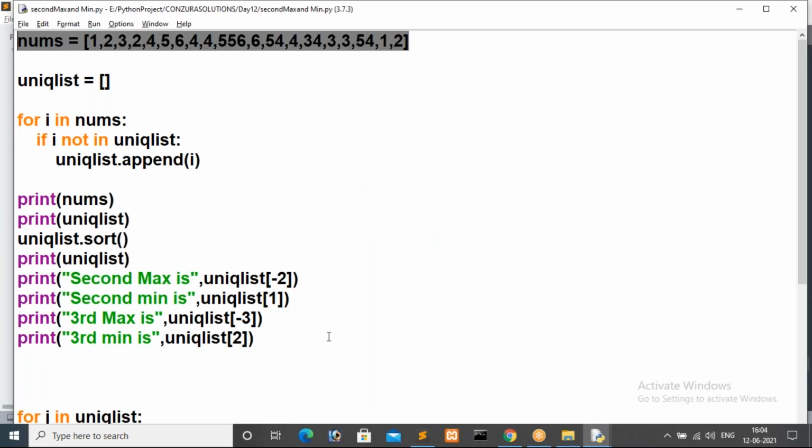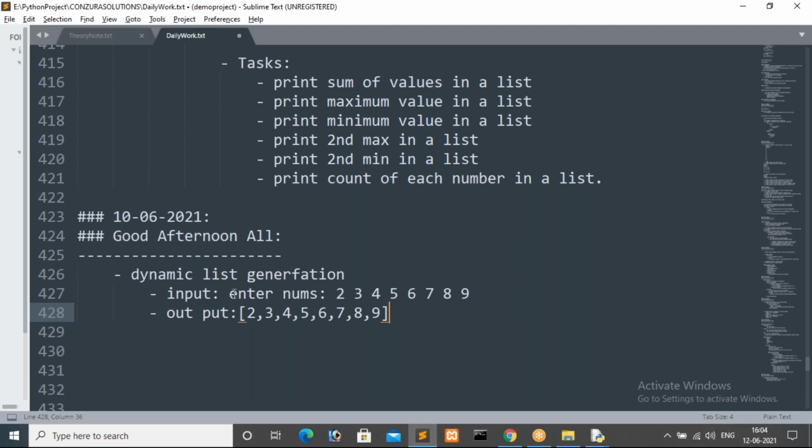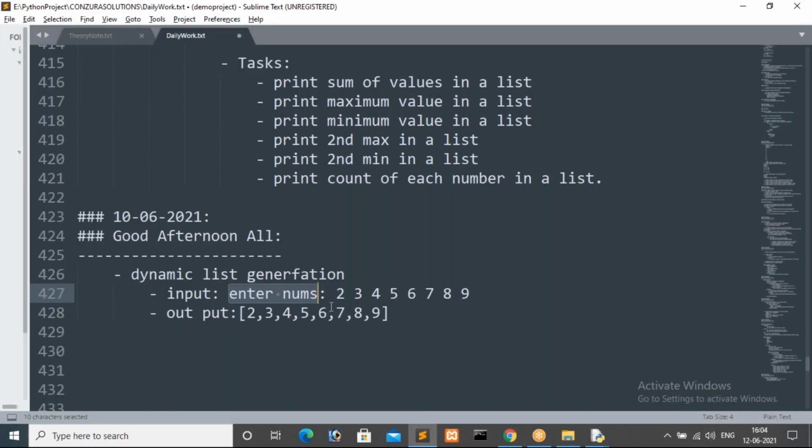Okay, so come back here. Just take a new file. Now first we have to show a message to the user, that is enter nums. So I'm writing li is equal to input of, and I want to show a message. We are not getting an integer value, guys. We are trying to read numbers in list format. That is our main motto.